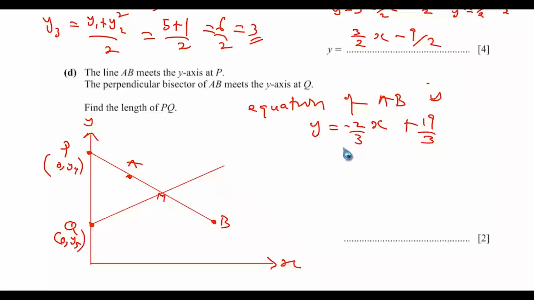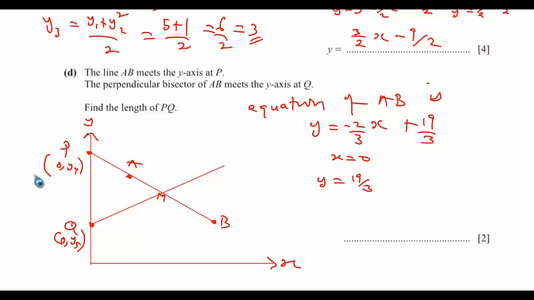So if you put the value of x to be equal to 0, if you substitute here, you will get the value of y to be 19 over 3. Of course, 19 over 3 is the intercept on the y-axis. Okay, it is obvious here. So the same thing for the equation of